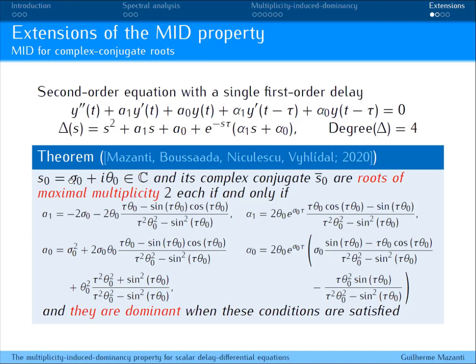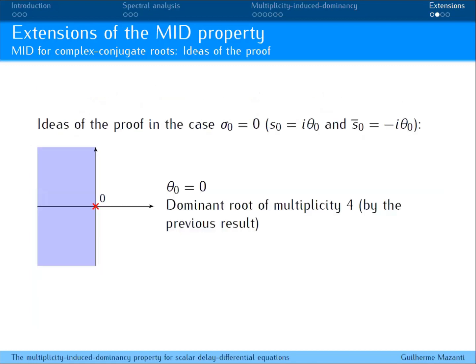And what you do is that we place 2 complex conjugate roots of multiplicity 2 each. And you can show that this is always possible if we choose the coefficients like that. And if we choose the coefficients like that, and we have these roots of multiplicity 2, these roots are necessarily dominant when these conditions are satisfied. So just to give a hint on the idea of the proof, in the case where I just want to place as roots 2 imaginary numbers, i theta 0 and minus i theta 0,